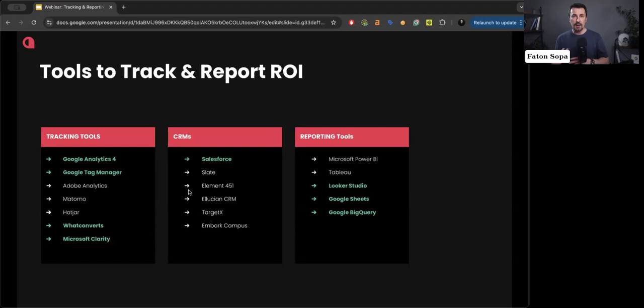Especially when you use GA4, you can only save your data for 14 months. Because you're going to need to make year-over-year comparisons, you're going to need to save this data somewhere. So we recommend going to Google BigQuery. That's because you can integrate BigQuery, Looker Studio, and Google Sheets, because they are part of the same ecosystem, and generate really great reports if you have the data to generate those great reports.